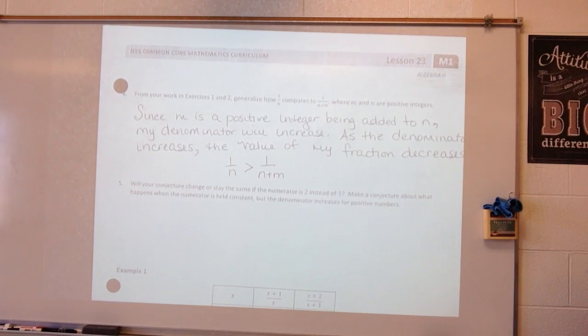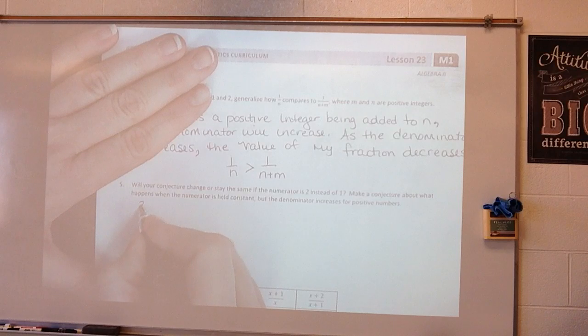Will your conjecture change or stay the same if the numerator is 2 instead of 1? Make a conjecture about what happens when the numerator is held constant, but the denominator increases for positive numbers. Okay? So, will your conjecture stay the same if the numerator is 2? Alright, so let's think about this. Let's just kind of look at it for a second. If I have 2 over n,